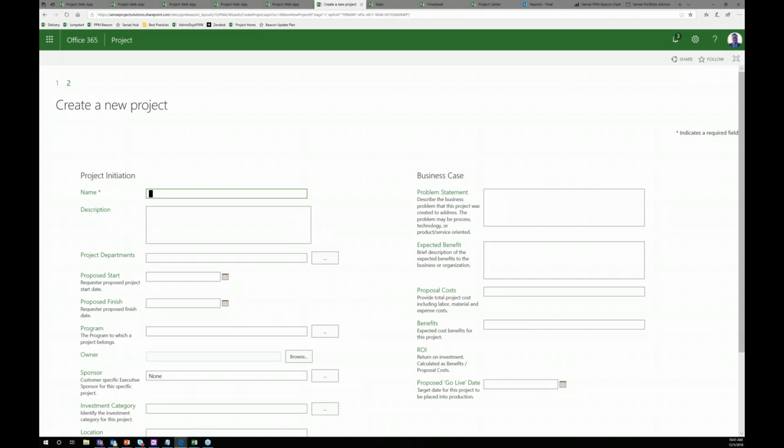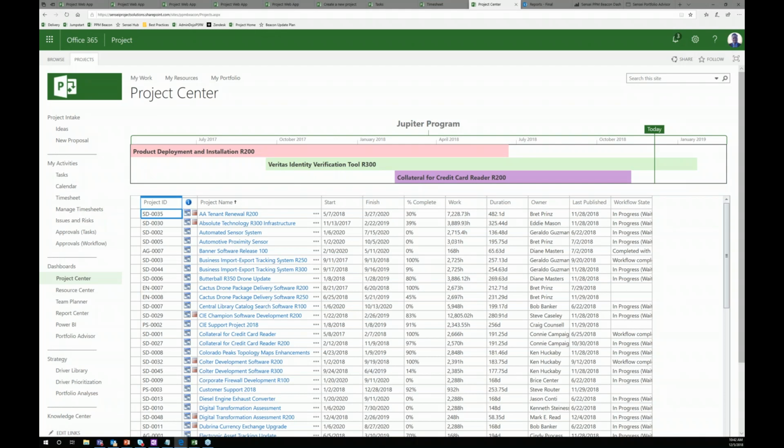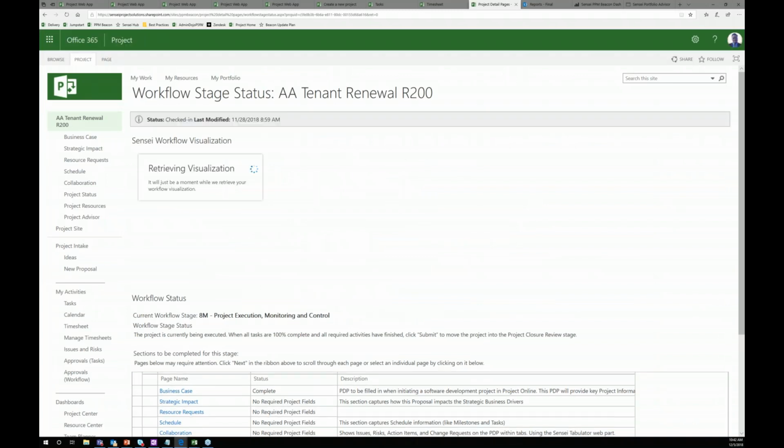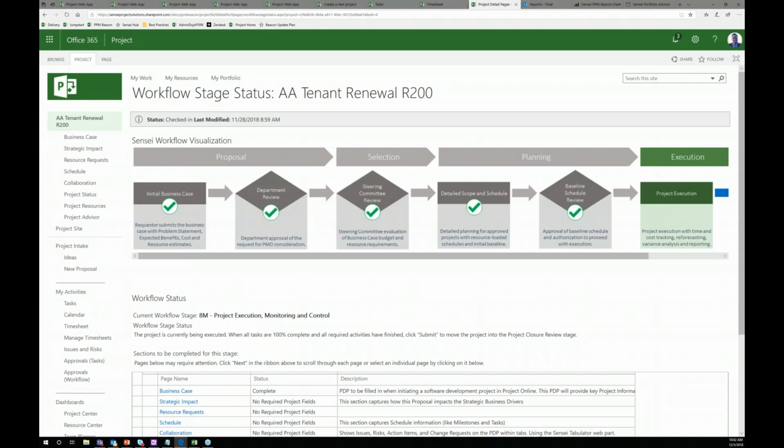and you can start to look at that. Now, if the project is approved, and if the project progresses through a particular workflow, you can take a look at that. So here's the project center, and we've got a Visio workflow visualization tool that allows you to see the governance workflow for a project, take it through some steps, some phases, and some stages to be able to move that project through to the other side and get it done, and also record those